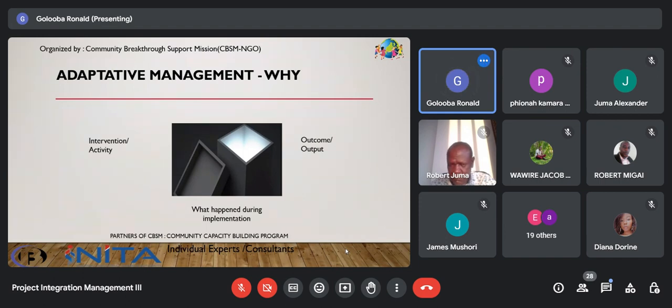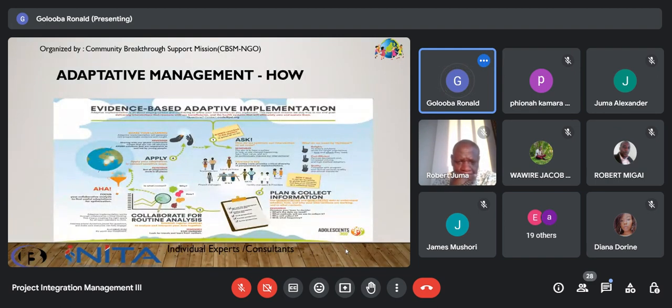So basically, this is what adaptive management does. And I've talked about this. I borrowed something from Adolescence 365 to help us understand how adaptive management and adaptive implementation work. And it involves